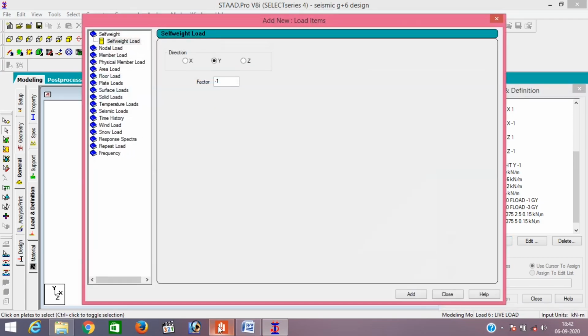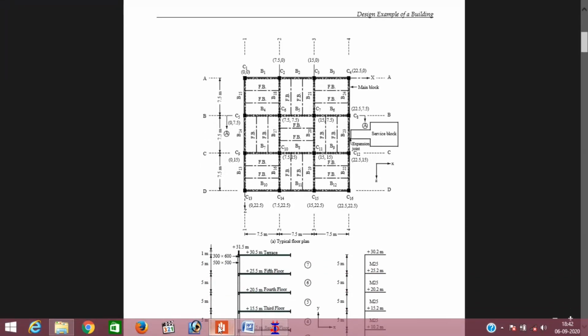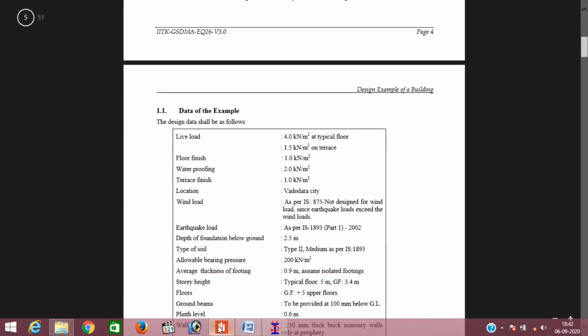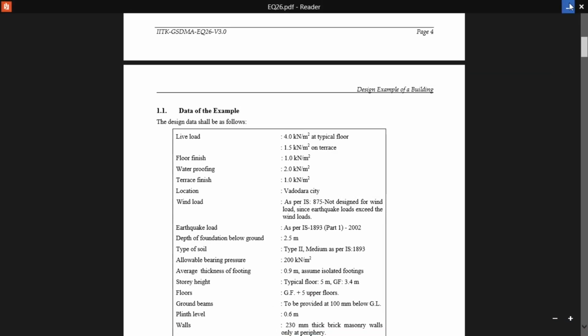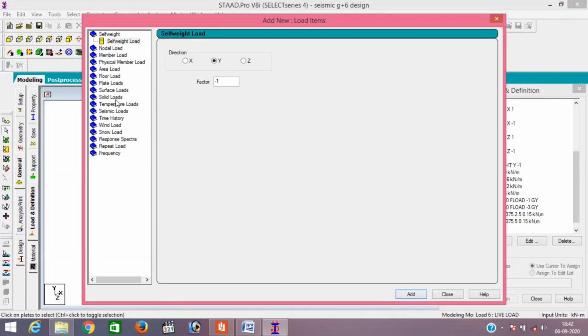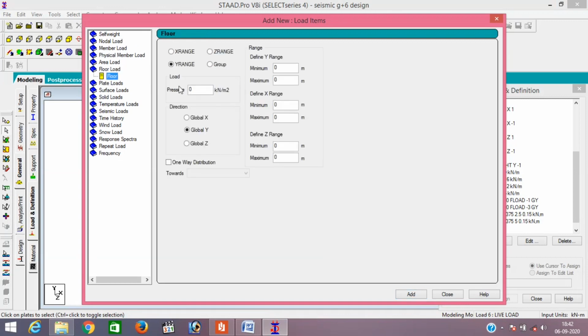Now we provide live load. Add. So live load is, here you see 4 kilonewton per meter square at typical floor and 1.5 kilonewton per meter square on terrace. So go to the floor load, 4 kilonewton per meter square for typical floor and minus 1.5 for terrace.